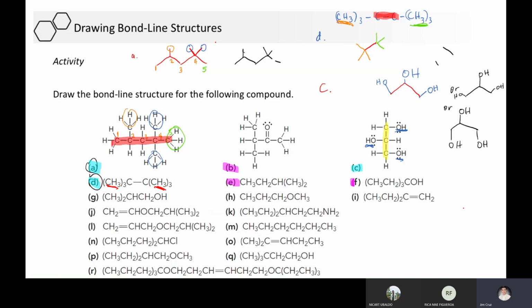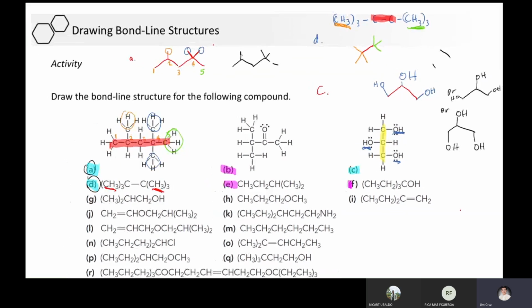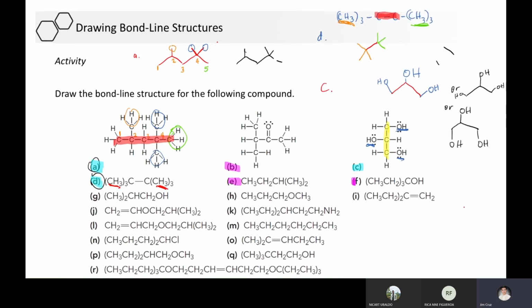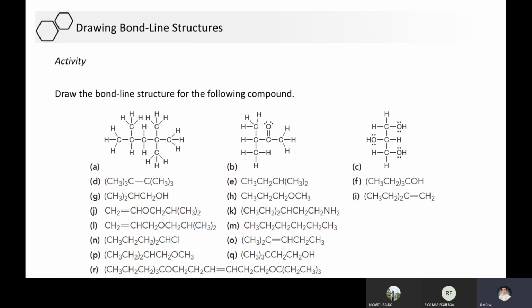Sige. So, for B, saan ko kaya siya? Pwede ko dito na lang. Drawing ko na yung ibang marking, screenshot nyo na kung gusto nyo i-screenshot, no? Sige, screenshot nyo na lang. Okay, so draw ko na yung BF. No? So for B,